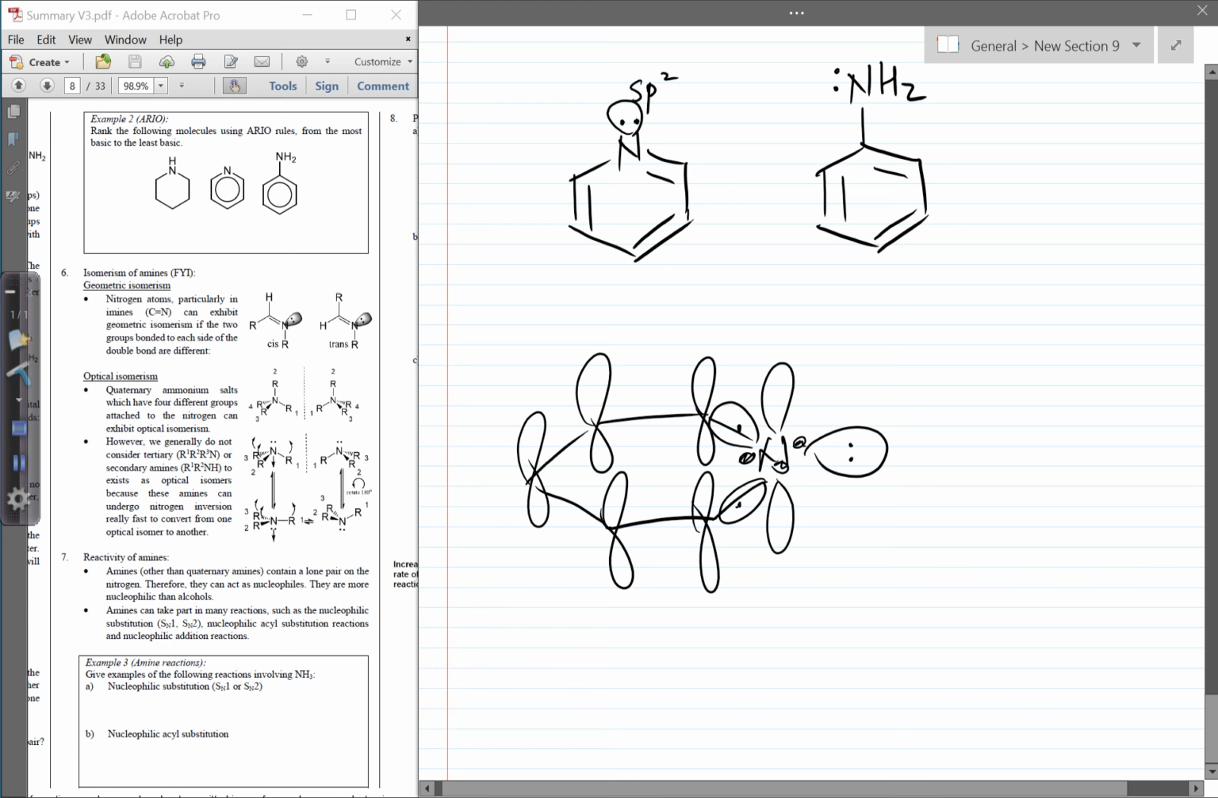Do you think the lone pair can overlap sideways and be delocalized with the ring of unhybridized p orbitals? No, you can't, right? This is clearly 90 degrees to these unhybridized p orbitals. There's no way for you to delocalize. Okay, so for pyridine, this is localized. In other words, it's not delocalized. But for this, it is delocalized because for this case,